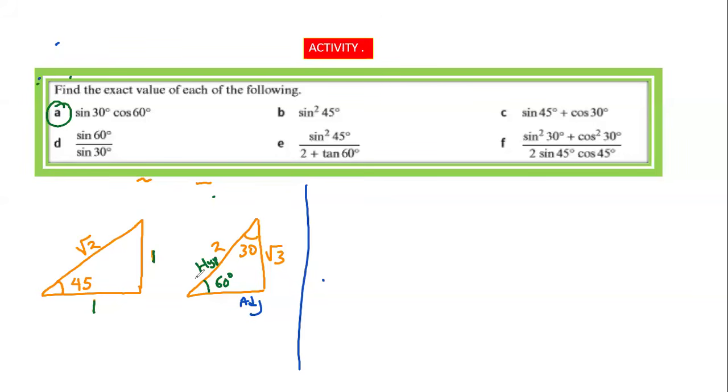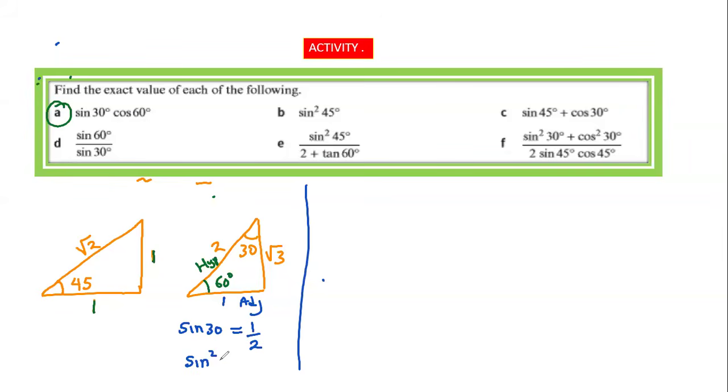We know sine 30 from our second triangle is opposite over hypotenuse, and our opposite is 1 and our hypotenuse is 2. So we say a half, but everything squared,